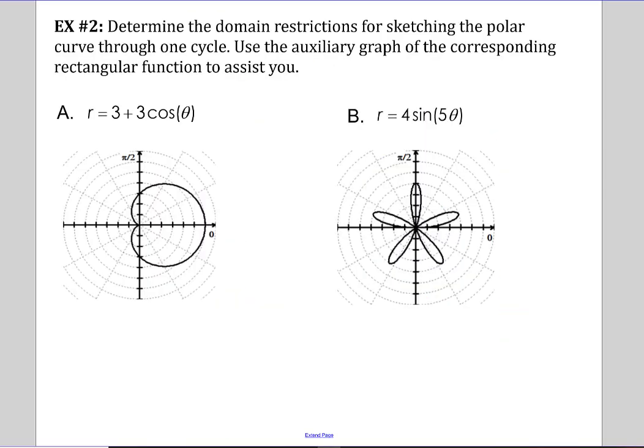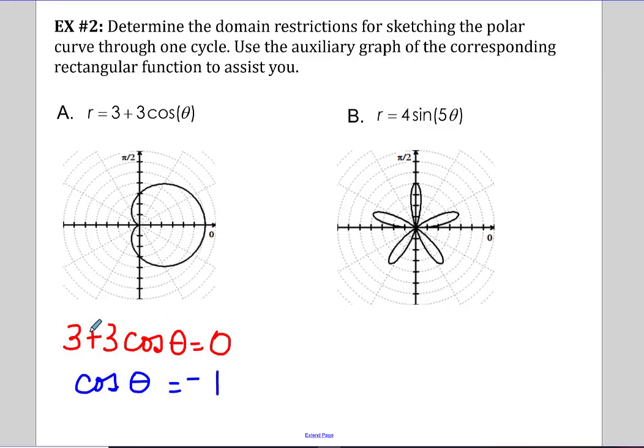Now the first skill we talked about is the domain restrictions. So how long does it take to graph one revolution? One thing you can do is think about the zeros of the function and the period of the function. So we know for cosine the period is 2 pi, and if we solve that equation